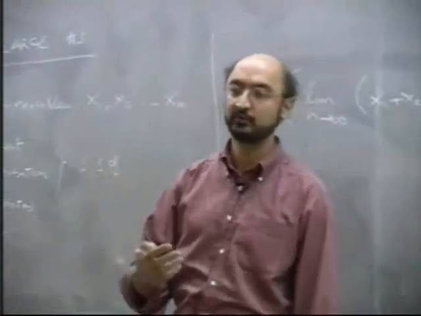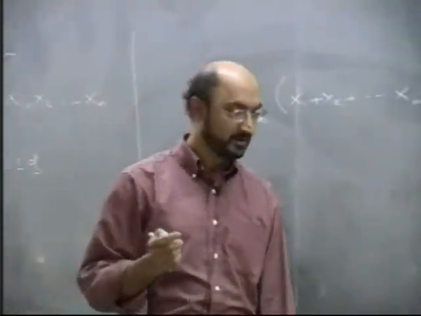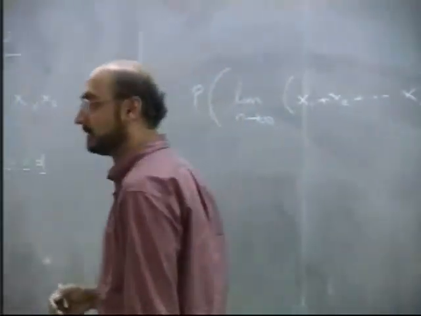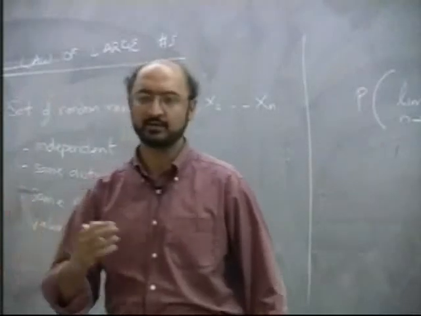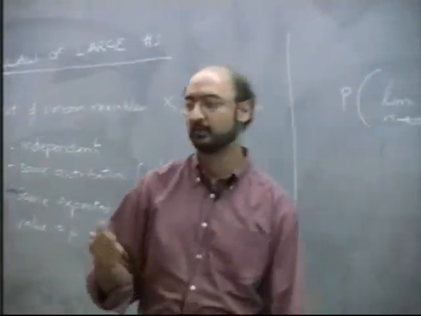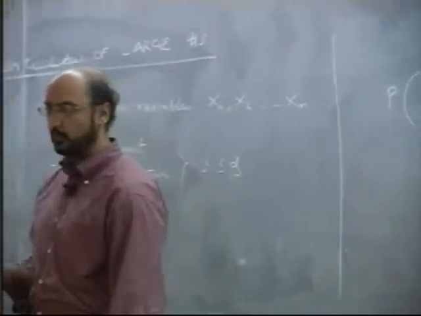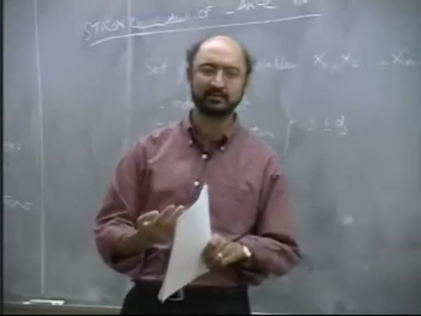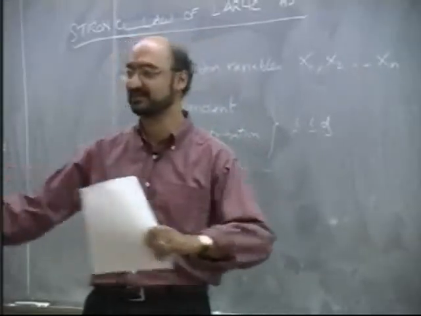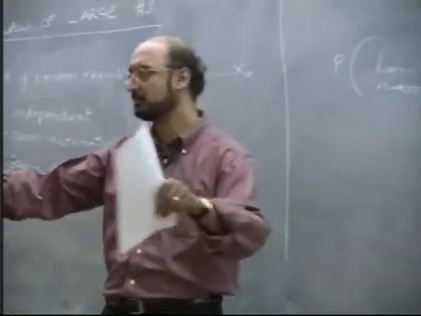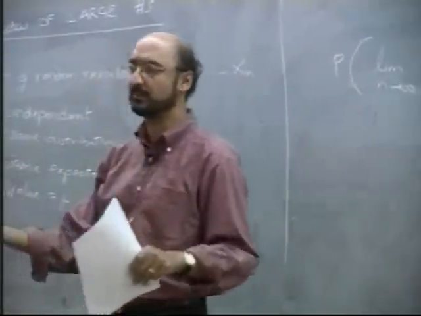So let's take an example which is relevant. There are two elections going on. Let's take the Canadian election, and we want to find the probability that, let's say, Dion gets 30% of the votes. Of course, no person is going to vote 30%. You can't say I'm going to vote 30% here, 30% there. So we're going to take a sample of, let's say, 100 people, call them up, and find out what